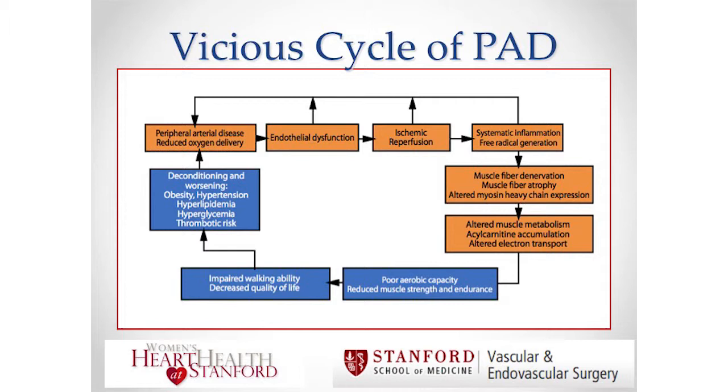And what happens is you get endothelial dysfunction. So Sandra already talked about the endothelium, which is the inner layer of the blood vessels, and they get injured when there's not adequate blood oxygen reaching them. And that injury can result in inflammation and free radicals, which can result in muscle denervation and atrophy and alterations in metabolism, which, as you can imagine, leads to poor aerobic capacity, reduced strength and endurance,